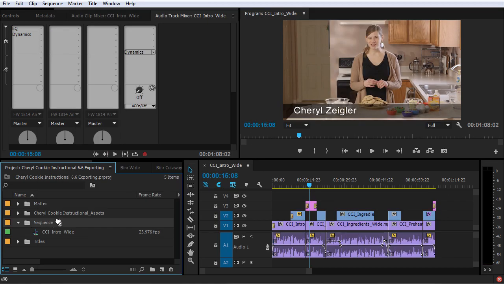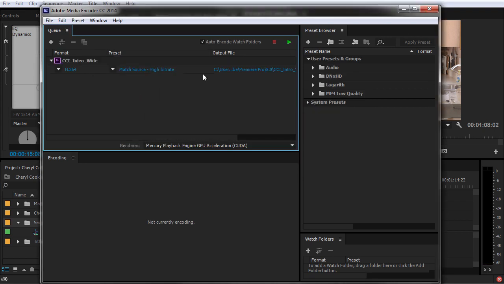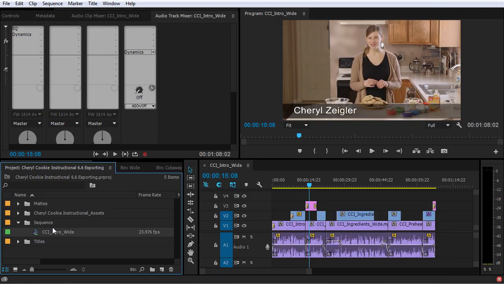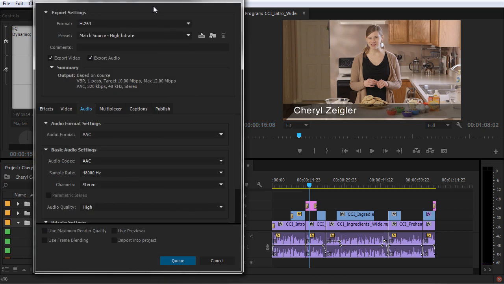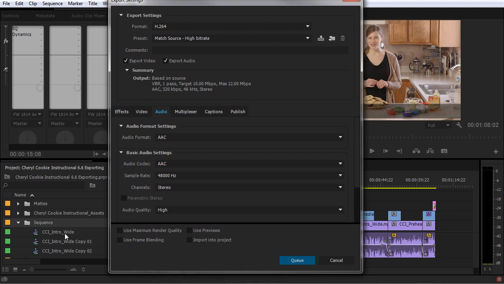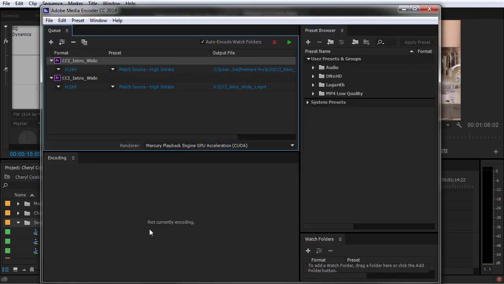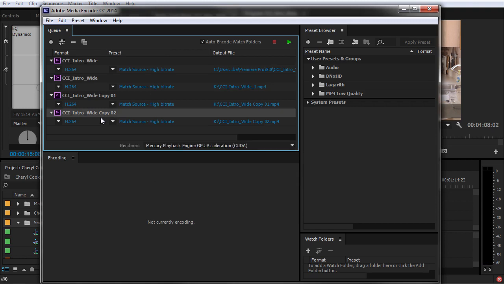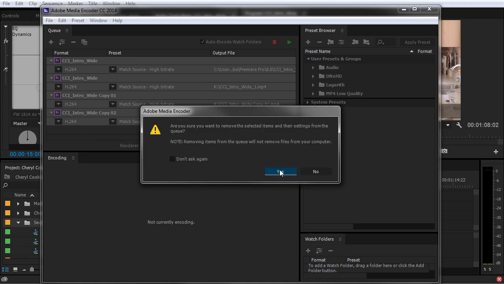You can also grab your whole folder here if you have multiple sequences, and you can pull that inside of Adobe Media Encoder. I'm just going to duplicate this with Control-Shift-Backspace, and then I'll select the sequence folder here, and I'll hit Control-M, and you see now the export window looks a little bit different because I'm going to be sending 3 sequences over. It doesn't give me that preview window here, but it's essentially exactly the same. So if I hit Q, it's going to export those over, and they'll all show up right over here in Adobe Media Encoder. I'm going to select all those and delete them.